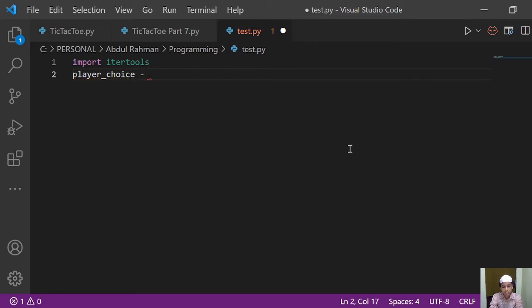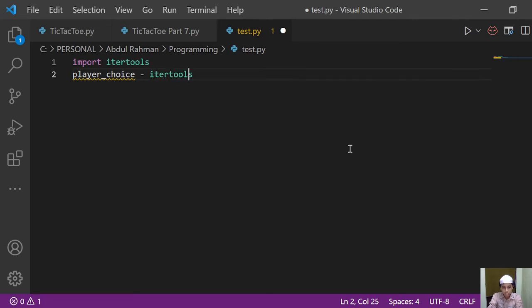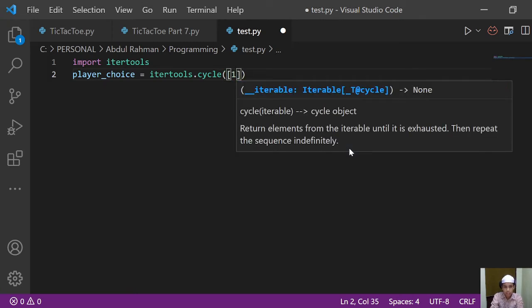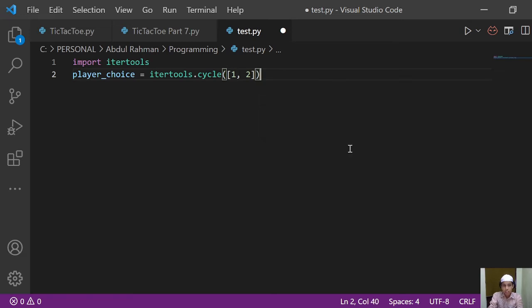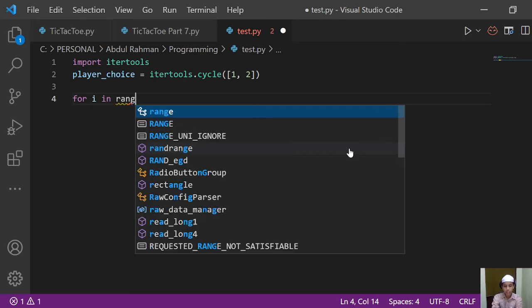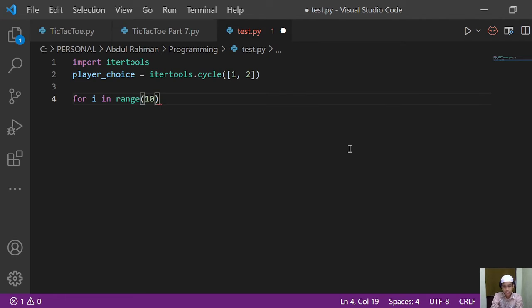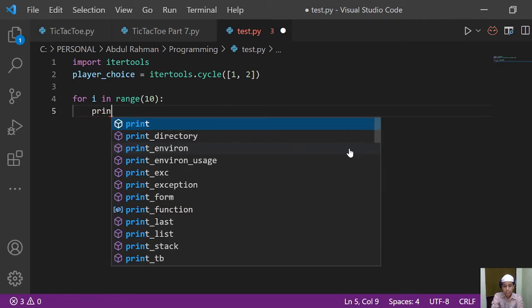Player choice equals itertools dot cycle, and in the brackets I will give 1 comma 2. So now I will use a for loop: for i in range, I will give range 10, and then let's print